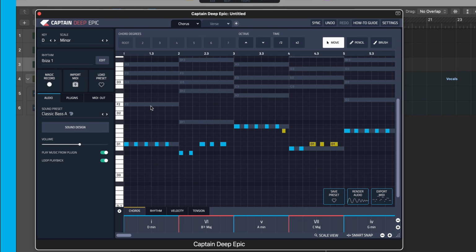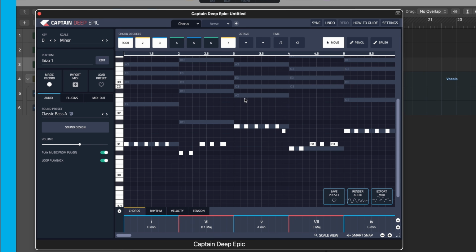So you see, I made a quick adjustment to Humanize there. I felt the notes were too short and they were just not coming through. I also still feel like that bass line is a little bit too deep. So if I select all, that's using Command A on a Mac, and it'll be Control A on Windows.